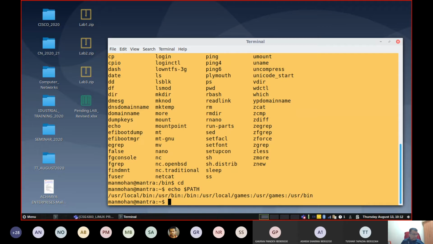Directories in the path list are separated by colons. Most user commands that come with Linux are stored in these entries: either in /usr/local/bin, or in /usr/bin, or in /bin. The content we have already seen, or else those commands may be stored in